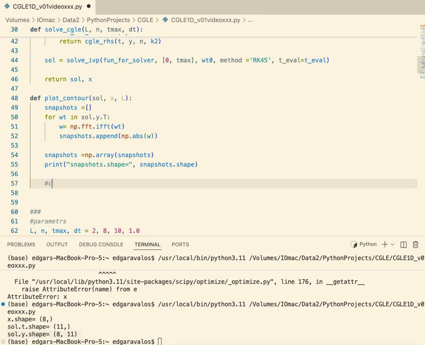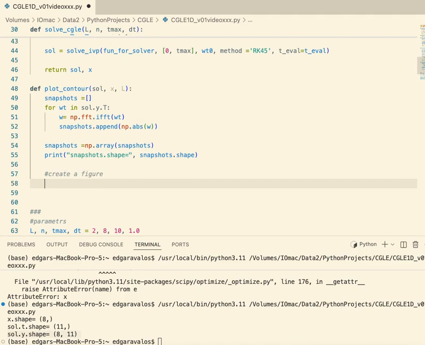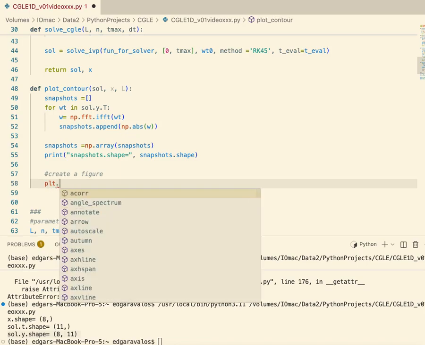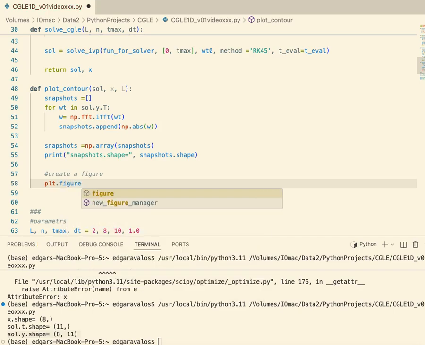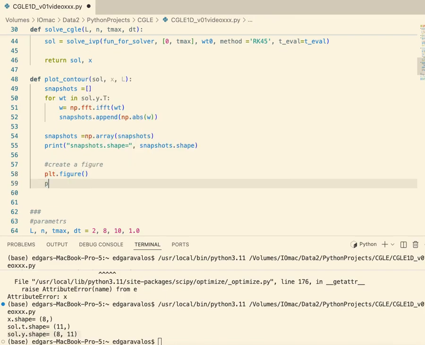So let's create a figure. PLT figure. This is just to open a figure. Then my contour plot, PLT contour. I'm going to use contourf. This stands for fill, contour fill. And okay, one more thing here is that now the array for the snapshot is vectorized,